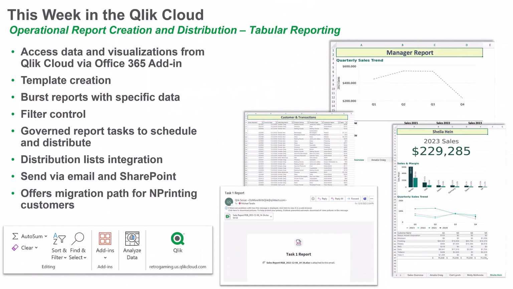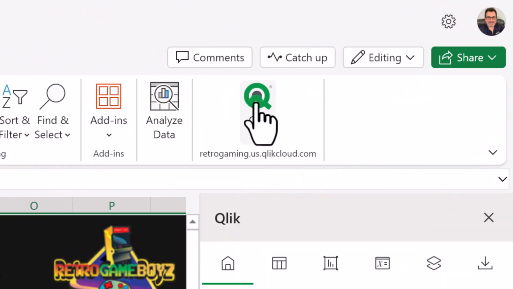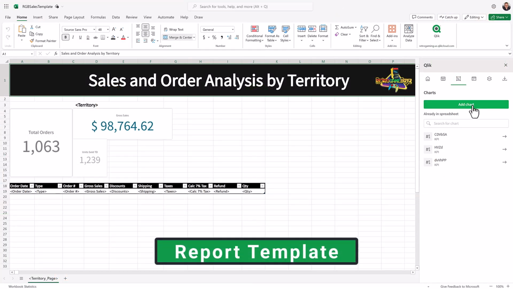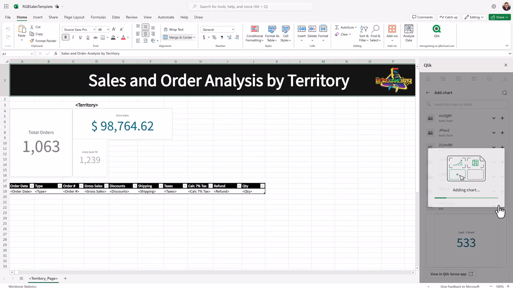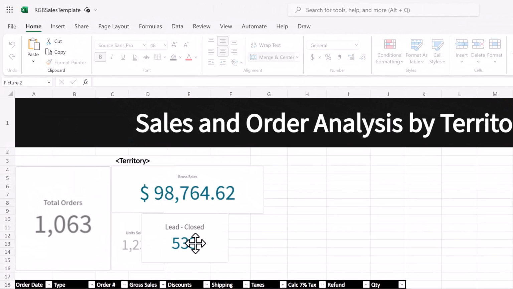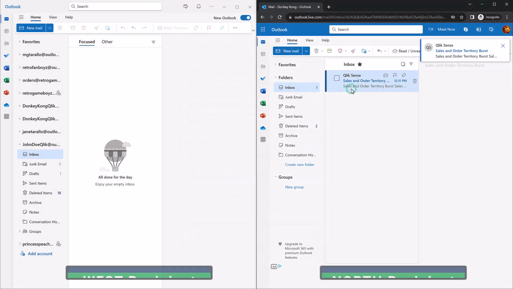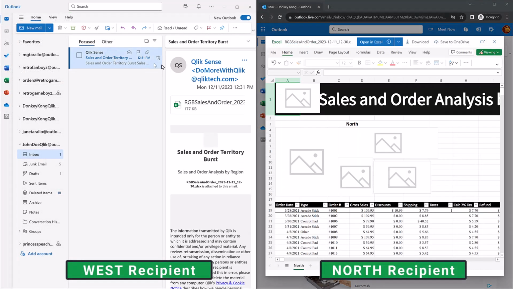This week, Qlik Cloud customers can now address common operational report and distribution requirements with our new Tabular Reporting capabilities. Report developers can use an Office 365 Excel add-in to create custom formatted Excel documents from Qlik data and Qlik visualizations. Governed report tasks can burst these reports, delivering recipient-specific data to any stakeholder with the Qlik platform as the source